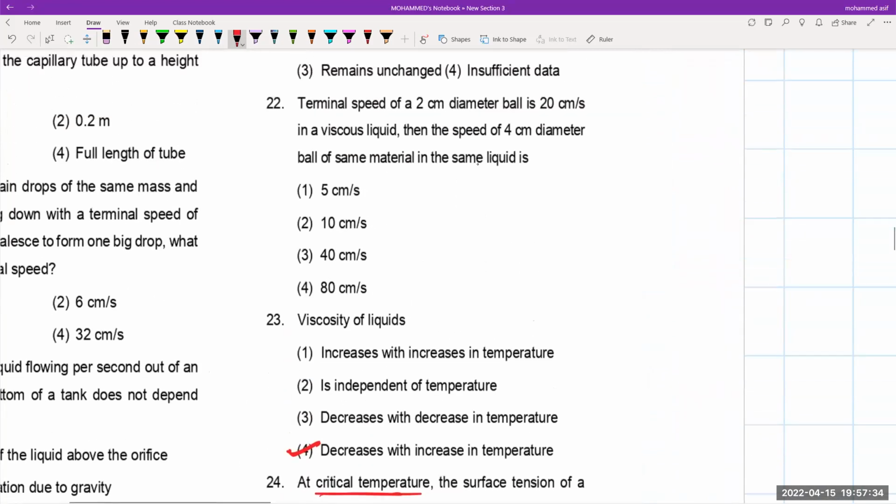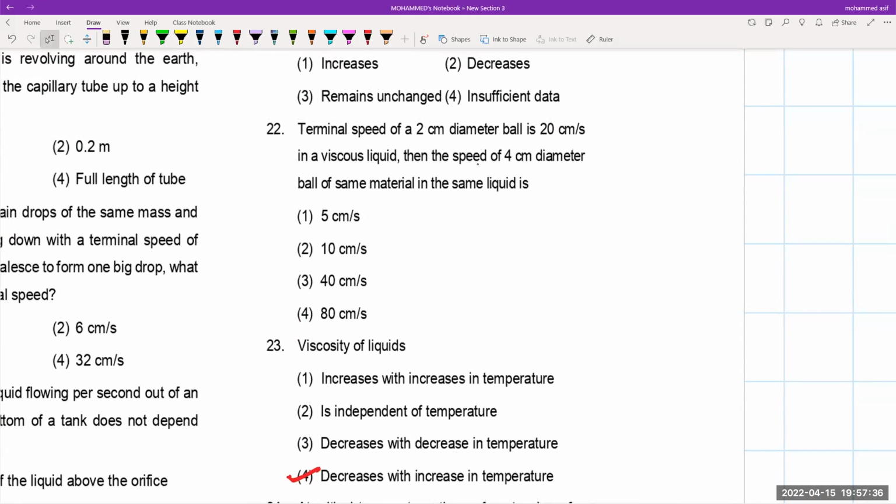डायरेक्ट क्वेश्चन। उसके बाद ये क्या है देखो बेटा, terminal speed of 2 cm diameter ball is 20 cm per second in a viscous liquid, then the speed of 4 cm diameter ball of the same material in the same liquid will be equal to how much? Terminal velocity का formula V is directly proportional to R square, so V1 by V2 is equal to R1 by R2 का whole square,